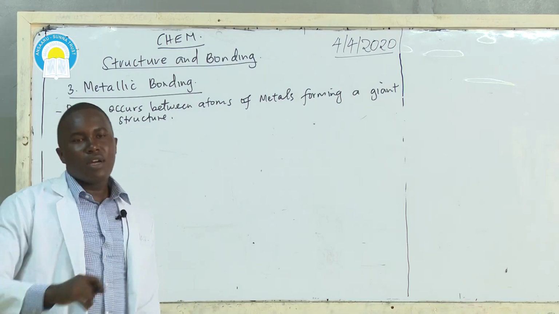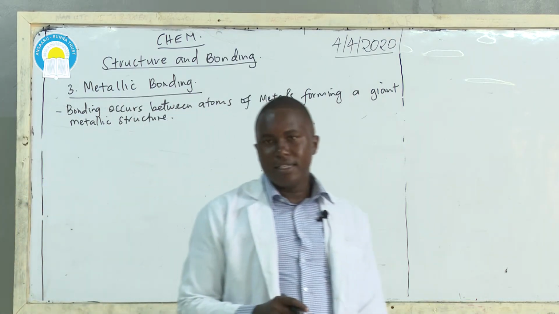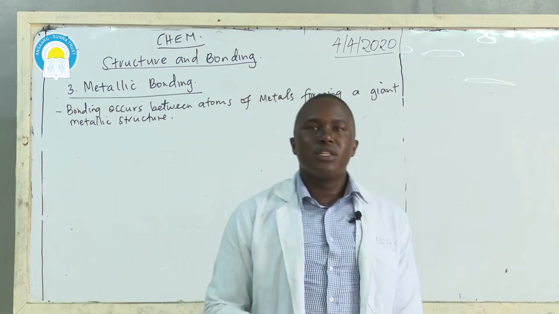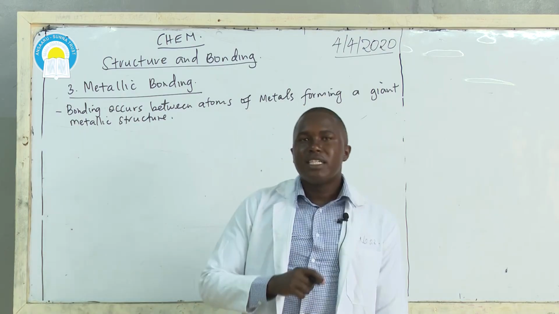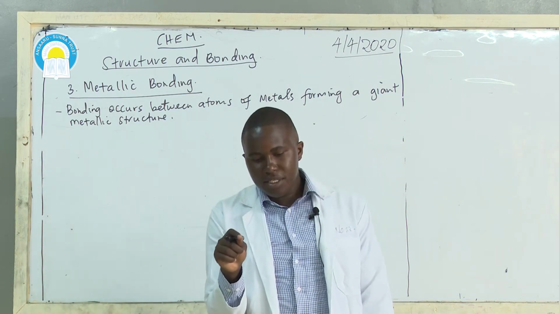So the atoms will look like they are localized, or they are situated in a sea of electrons. And therefore, that is what will constitute a metallic bond, the attraction between the nuclei of the atoms and the